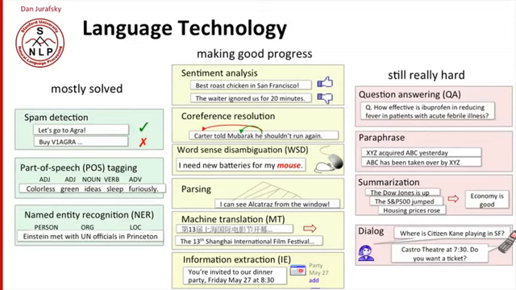Let's look at the state of the art in language technology. Like every field, NLP is divided up into specialties and subspecialties. A number of these problems are pretty close to solved. So for example, spam detection. While it's very hard to completely detect spam in our email boxes, we don't have 99% spam, and that's because spam detection is a relatively easy classification task.